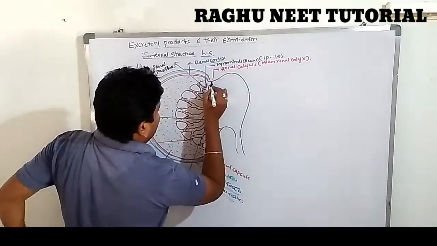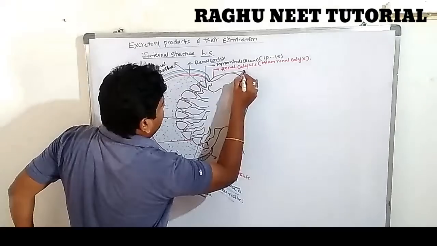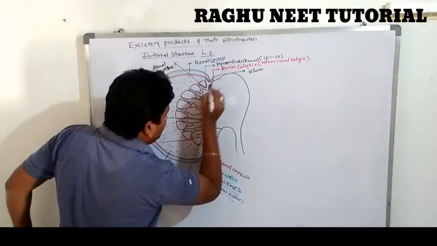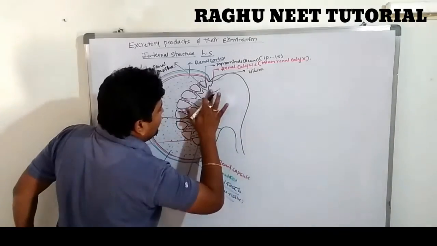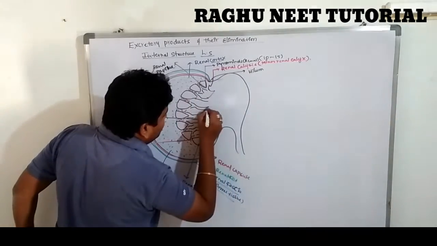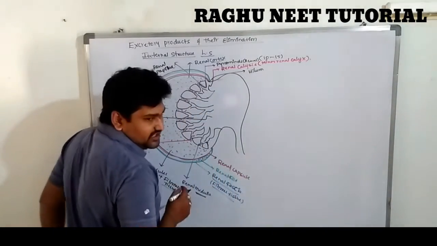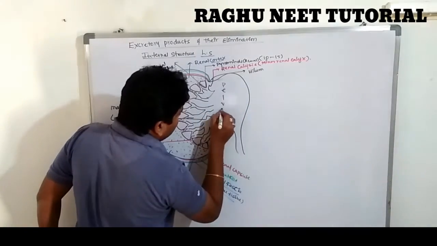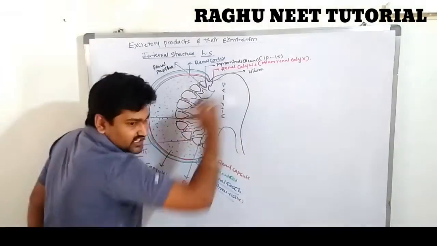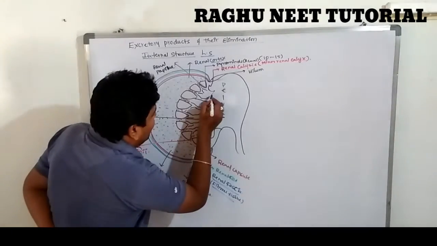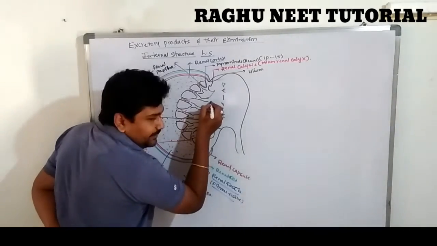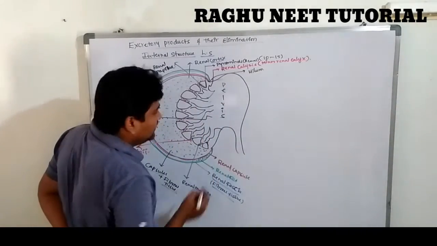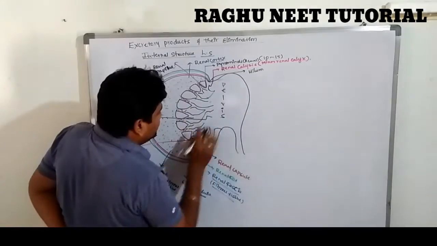Are you clear? What is the hilum? The notch on the inner surface of the kidney is called the hilum. In this hilum region, a funnel-like region appears. That is known as the pelvis. This funnel-like region is called the pelvis. So all the minor calyces lead into the major calyces. The major calyces lead into the pelvis region. Okay, clear?